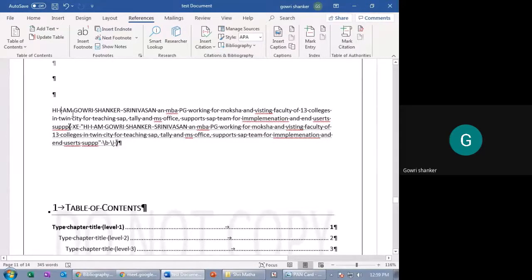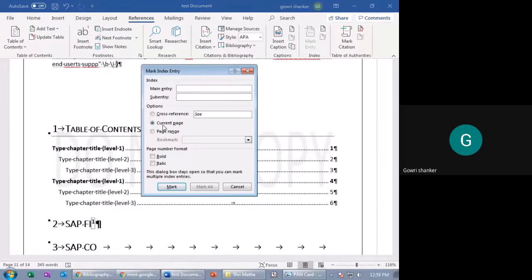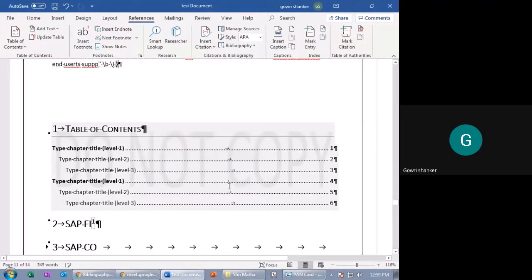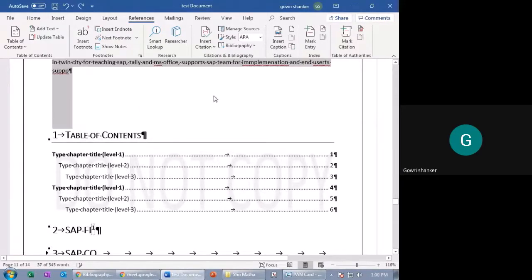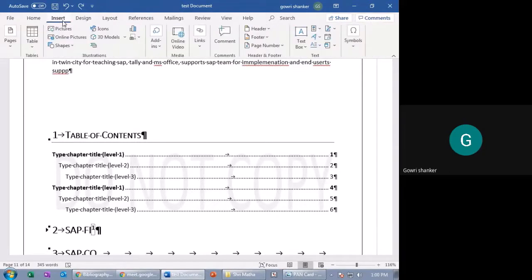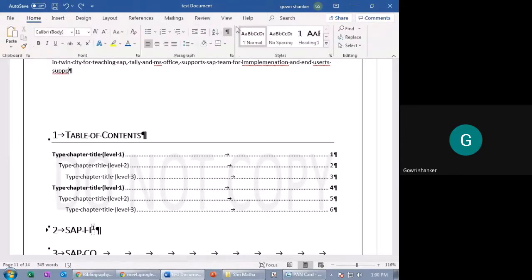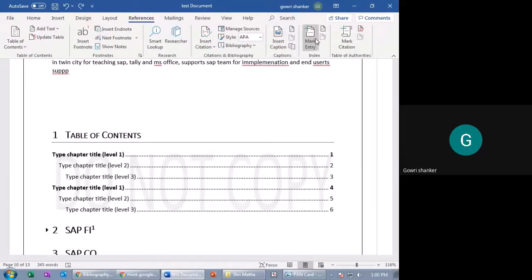You can see every word there is a gap, dot, and filled with the pilcrow. So I'm giving the marks. I just don't want to give marks, so you can just cancel it. Control Z. One second. Insert. No. Let me go to home. Demark it. So this mark again comes under references as here.